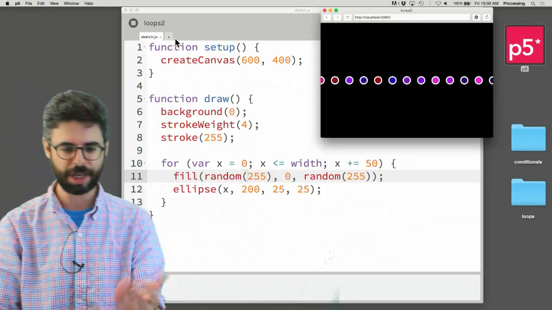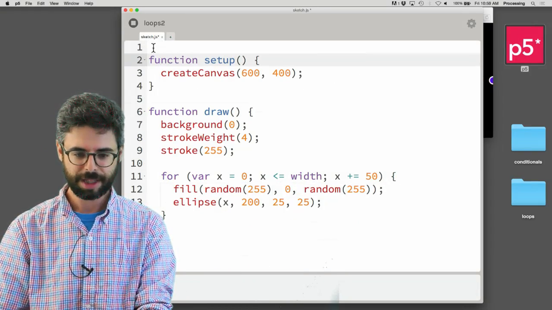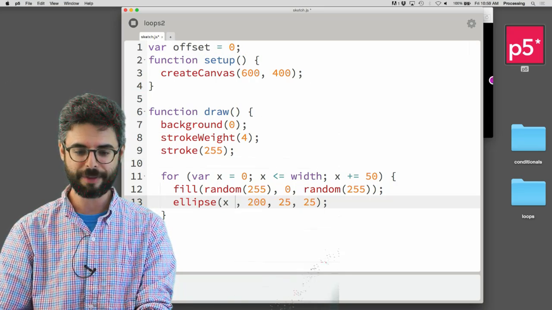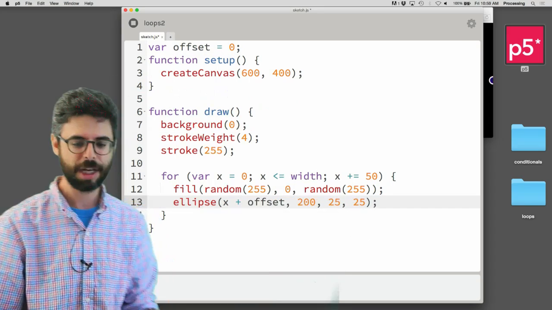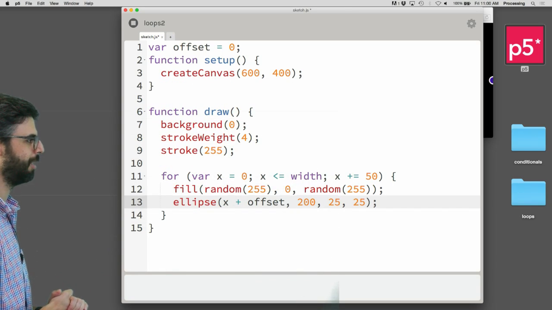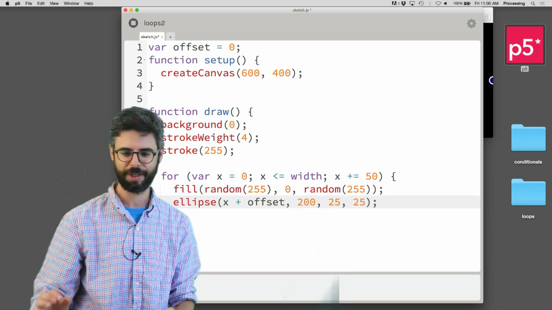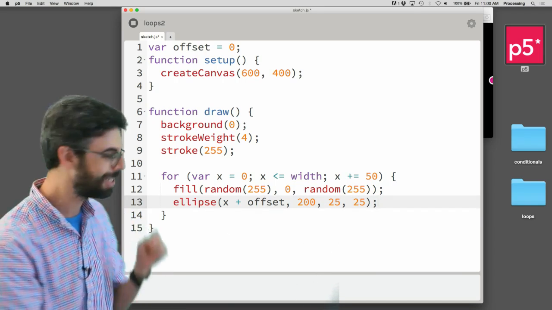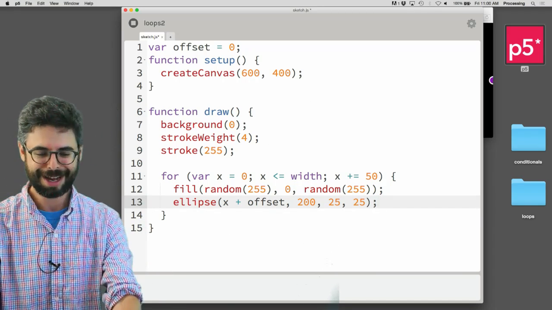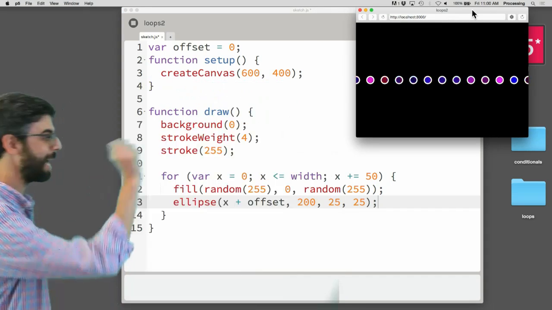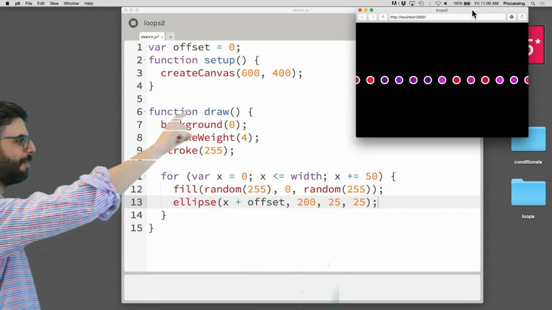I could do something kind of strange, and I could say, let me add a variable like offset, and I could say draw every ellipse at the x. X is part of this loop. Oh my goodness, I'm flickering like crazy. This camera is having problems, but hopefully you're going to be able to get through this video anyway. The x is the same every time through draw, because x is governing the location